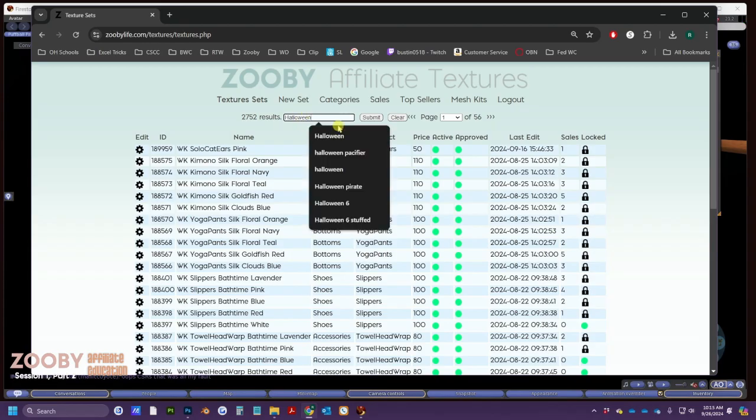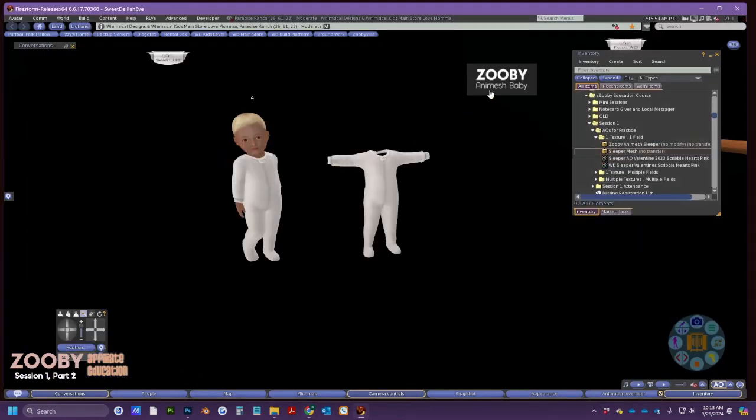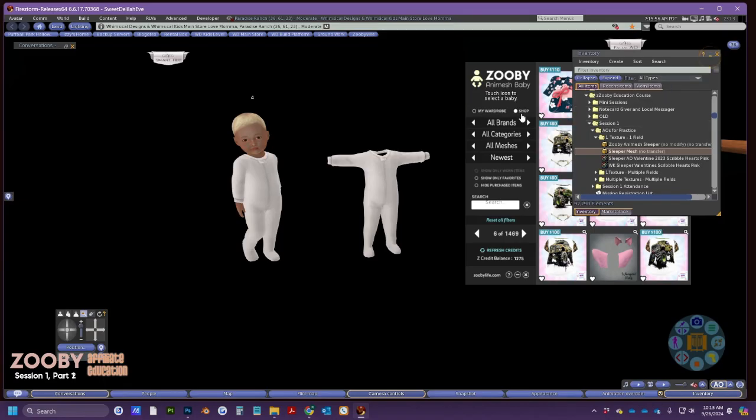If I type Halloween in up here and I click submit, then it's going to give me a list of every one of my texture sets that has the word Halloween in the name. So I have 247 textures that are Halloween themed. Okay? This becomes important because when you get into Second Life and you're opening up the texture HUD, when you're